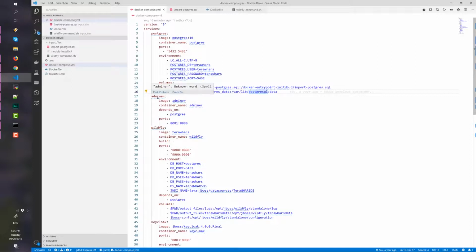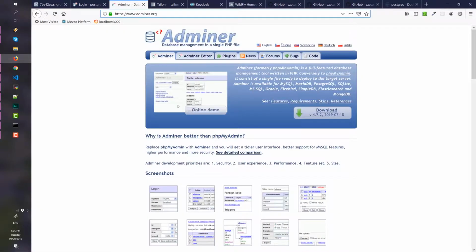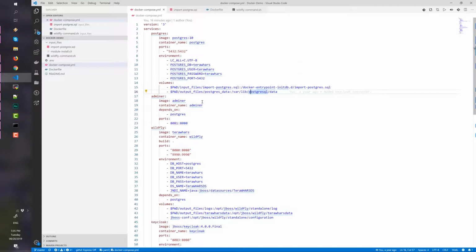The next is the adminer. Adminer is a database management tool. It's also well documented on their website. So here it is, and basically we are just creating a container from the adminer image, and we are exposing port 8081. As you can see, it depends on Postgres. That's why the container name, the container definition here, is important because some other containers might depend on that one. And then this one is the Wildfly, which is